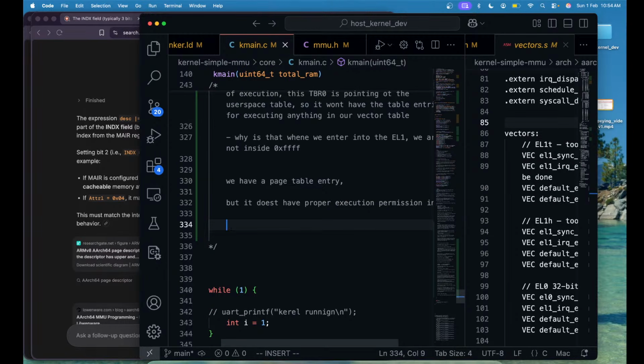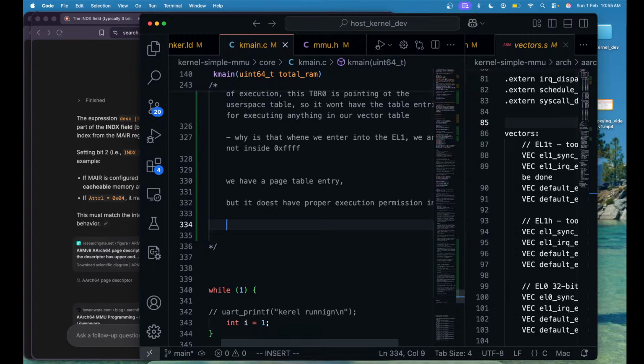So how do we give that? We need to probably, but first of all I am using the same way of adding table entries even for my kernel, even for my EL1, because even in EL1 there are page table entries that are mapping this particular location